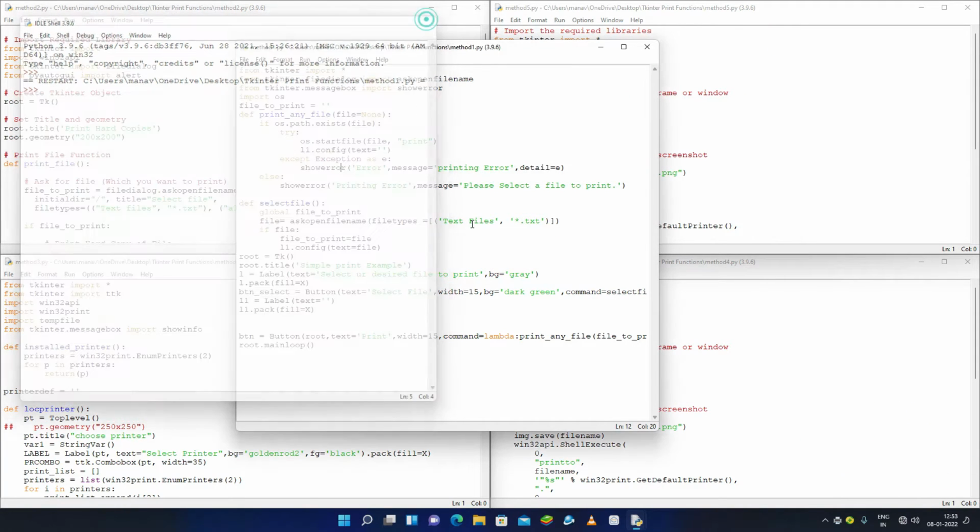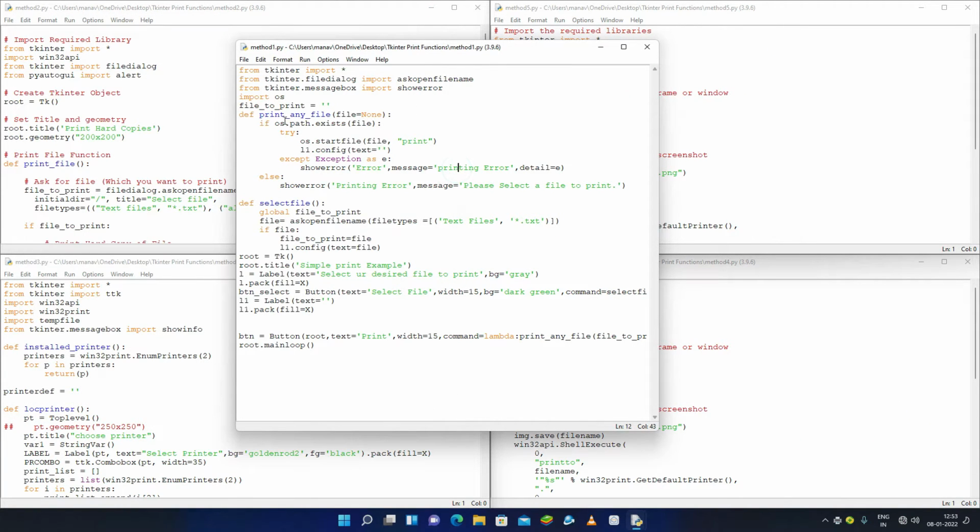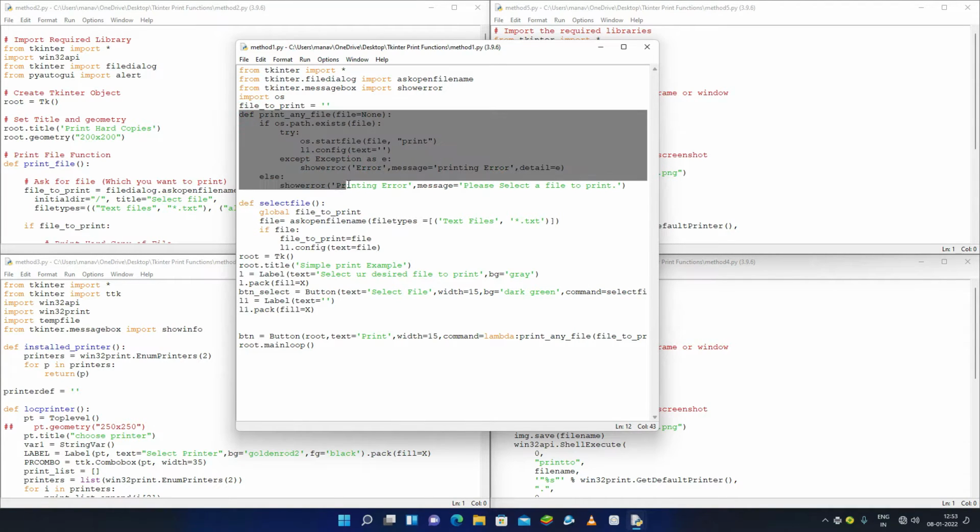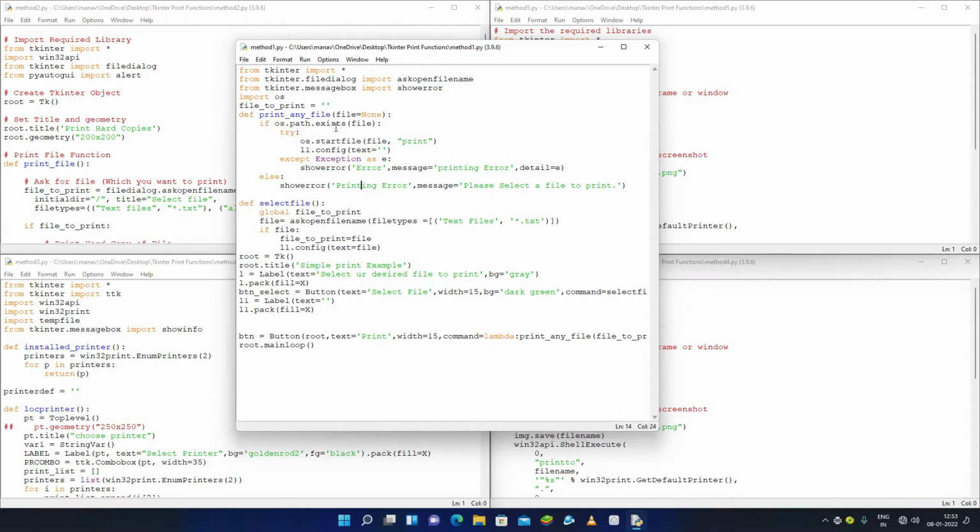So let me come to the code here for method 1. Under this, only this method is necessary for printing. Here it is asking for the file, and I am checking if the file exists in your directory or in your computer, so it will use os.startfile, passing the file and then giving the print command.